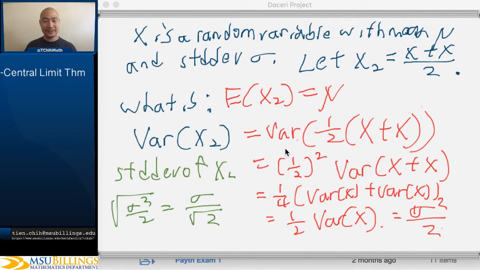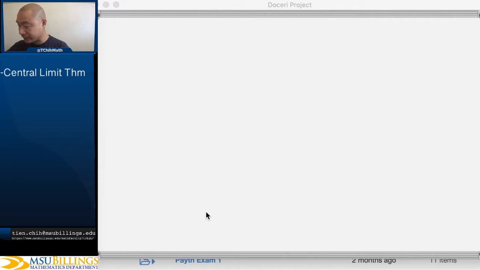All right? And so what we noticed is that if my original variable has mean mu and standard deviation sigma, my new variable still has mean mu, but it now has standard deviation sigma over square root of 2. Square root of 2 is about 1.4 something, and so what we get is a number that's less than sigma, right? And I worked all of this out in detail so that we can move on to the general case, which is, all right,